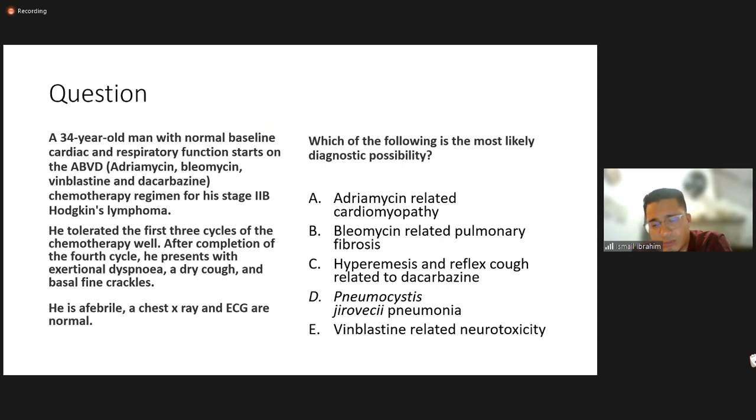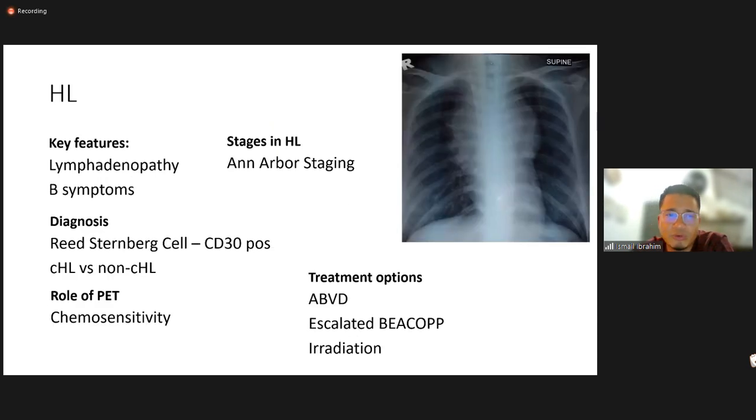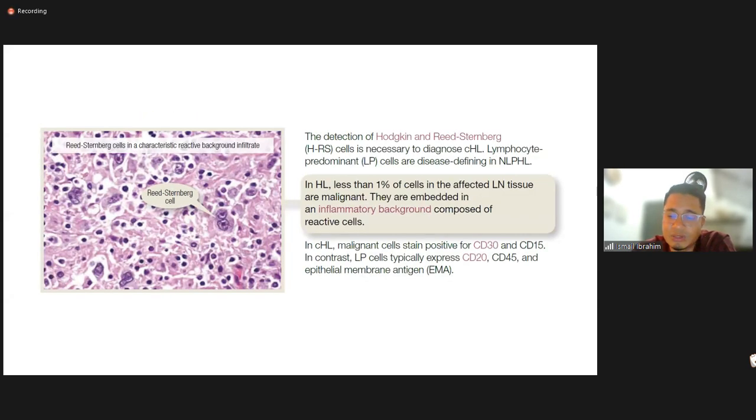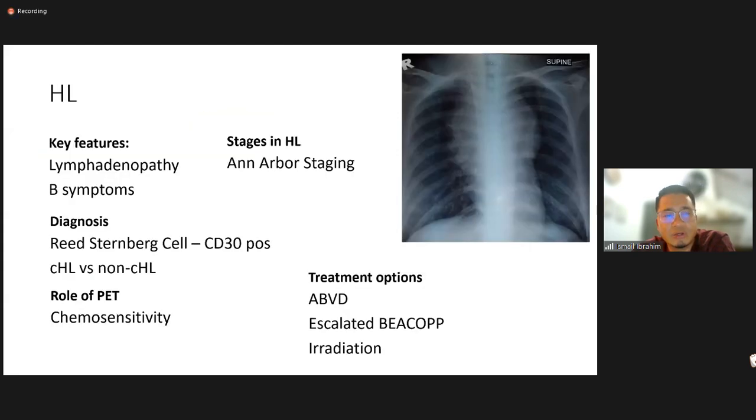So next question is about Hodgkin lymphoma. So now I'm going to go to lymphoma. So the main two type of lymphoma is Hodgkin lymphoma and non-Hodgkin lymphoma. The main big difference is one has Reed-Sternberg cell and another one doesn't have Reed-Sternberg cell. But Hodgkin lymphoma normally they present with lymphadenopathy and B symptoms, and the B symptoms originated from Hodgkin lymphoma. We use it to describe symptom of either condition, but it's mainly described to be part of prognostication only